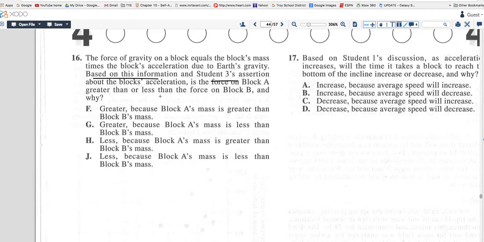I said less because I said J, because block A's mass and block B's mass. Good. And I went off of the first sentence. You went off which one? The force of gravity on a block equals the block's mass. Okay, which equation is this basically? Force equals mass times acceleration. Yes. So almost all of you should know F equals ma. That's Newton's equation. Alright, and that tells you that if the acceleration